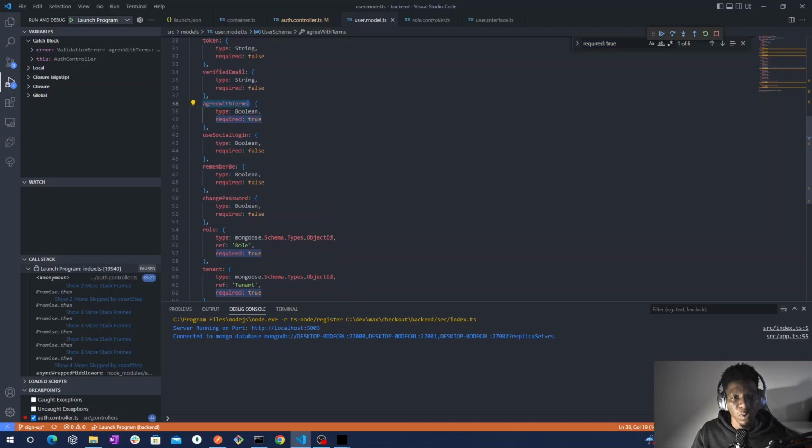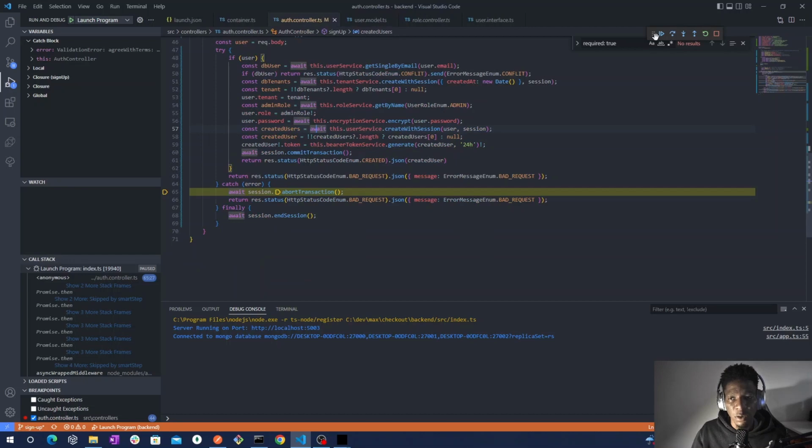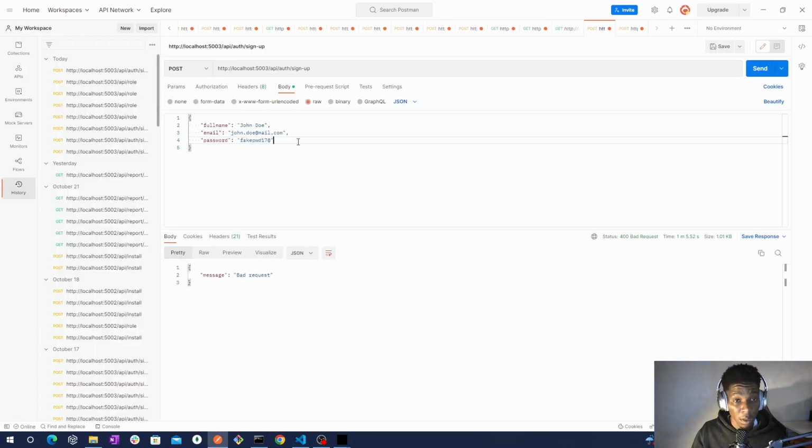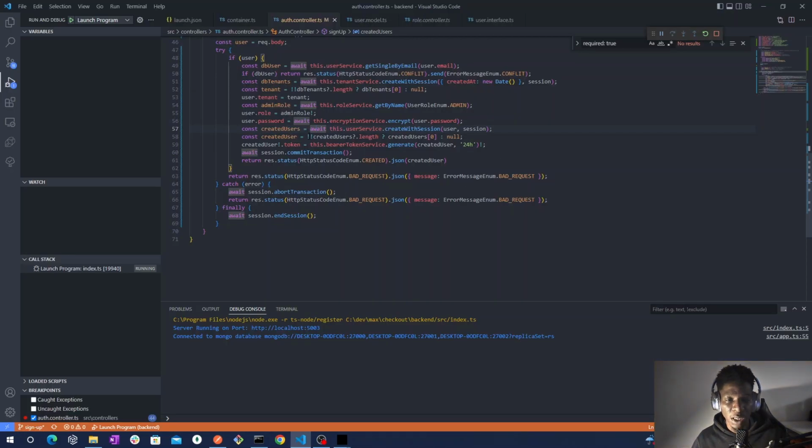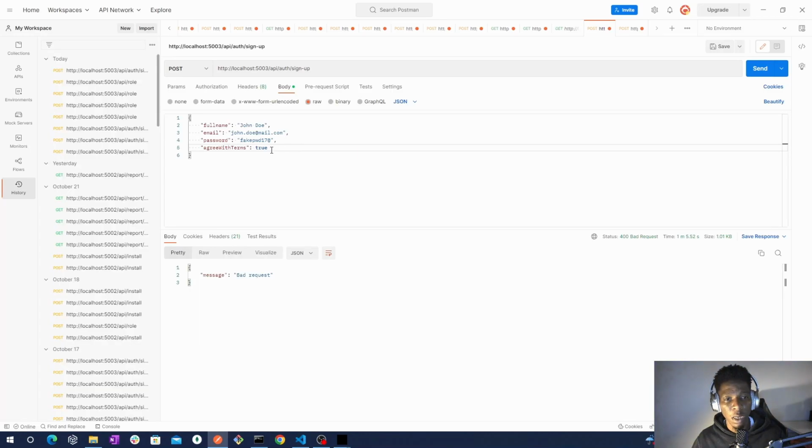So actually we just need to agree with them. So basically I just make this required because, like on any other software, you actually need to agree with the terms and conditions before continuing. So you just basically need to read them, but we all know that nobody reads this thing. This is the rule. We can change the rule, so you actually need to read and agree with terms and conditions. So we agree with terms and conditions,